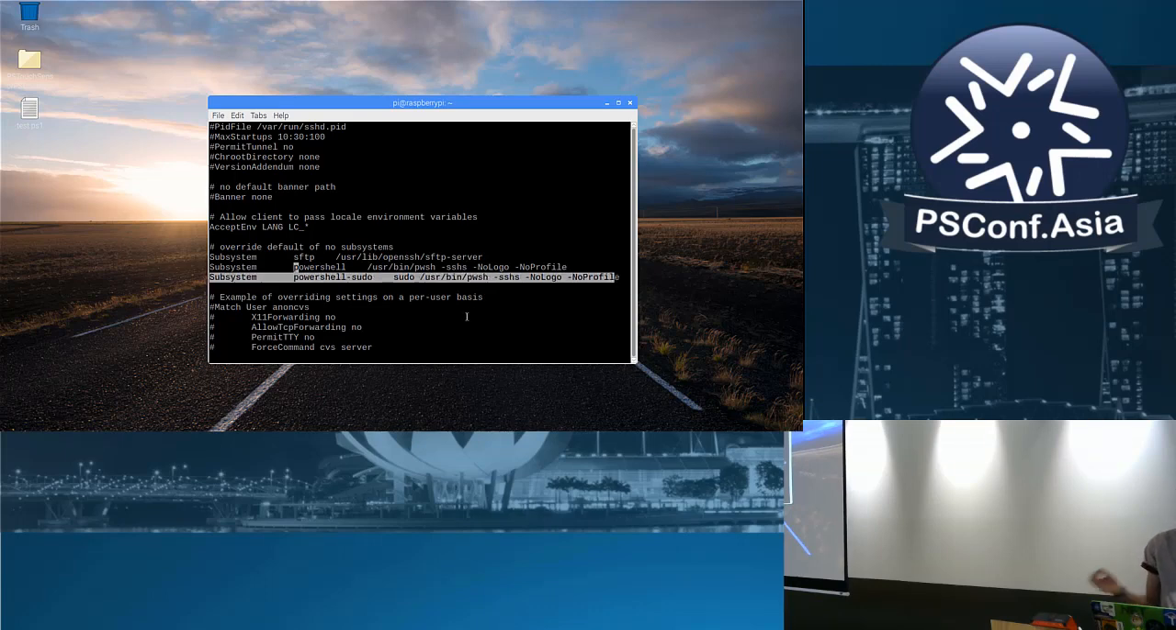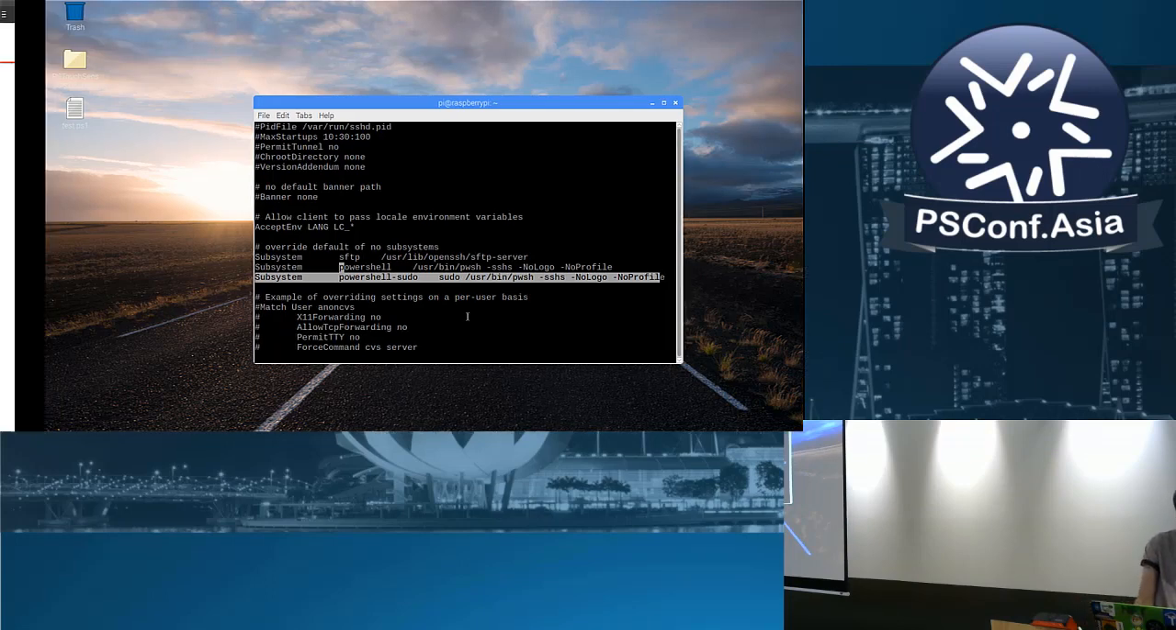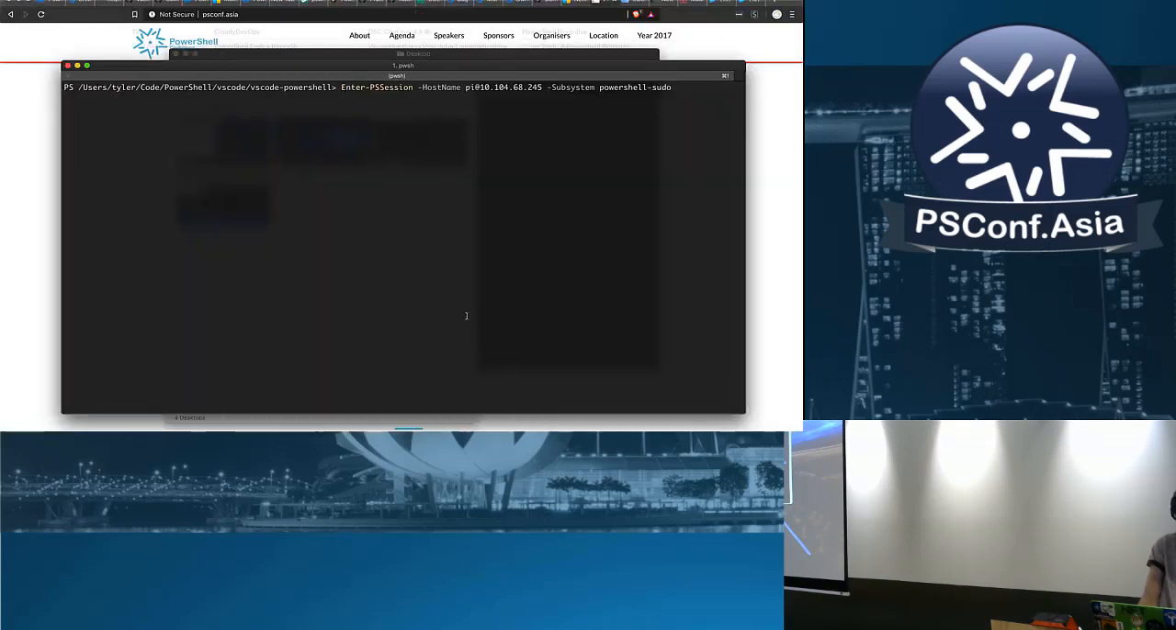Now, since we need sudo, I've added another subsystem called PowerShell-sudo, where I've specified sudo before pwsh in this case. In order to take advantage of that, we can go over to our prompt and just do -subsystem PowerShell-sudo, for example. And so then, after I put in my password,